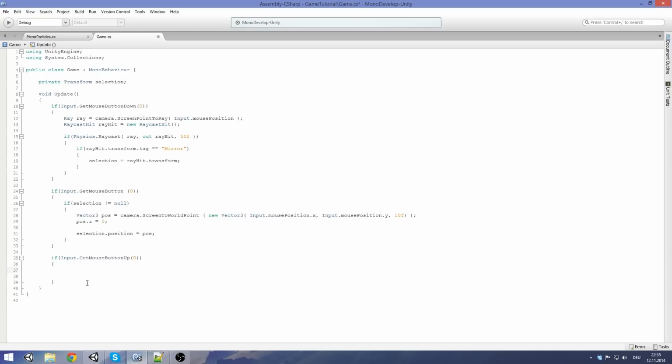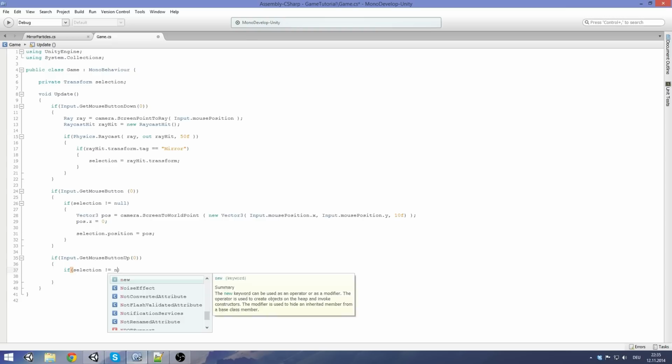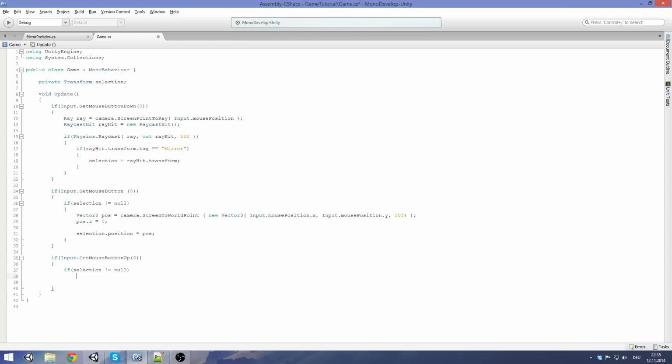So Input.GetMouseButtonUp 0, which means if you just release it, if selection is not null. If we have no selection, we don't need to execute this. But then we set it to